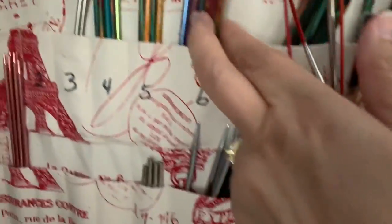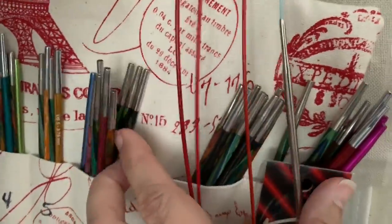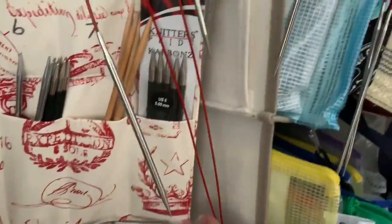I need a size 6. I just come here and find, you know, if my signatures are available, I choose those first. But if not, then I'll just choose whatever. These poor ones still need to be put back because on the other side is,